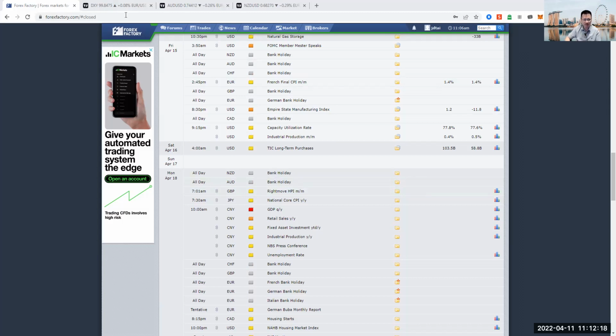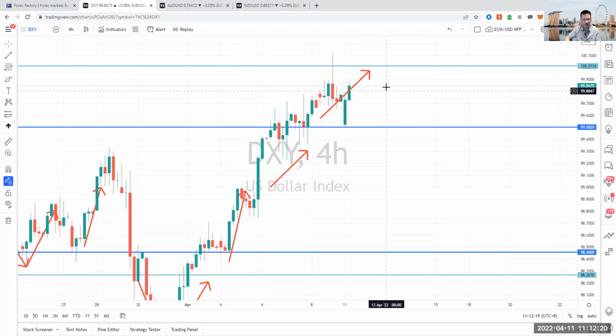With that said, looking at the dollar index here, dollar index on H4 time frame, the last time we spoke about it, it was sitting at that 99.50 level, and I said that it will consolidate, bounce around before going up to test the 100 level. What actually happened was, you can see here, it tested 100, broke above, and came straight back down towards that 99.50. Now looking like it's going to move back up towards 100 level again.